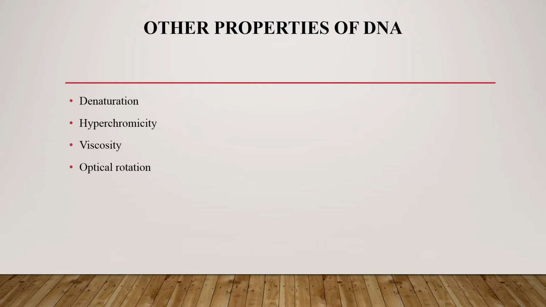Next property is the optical rotation. Optical rotation of DNA is relatively constant up to the 75 degree Celsius temperature, and then decreases smoothly to essentially zero rotation at about 100 degree Celsius temperature. It indicates the completion of the helix to coil transition. Means if we increase the temperature from 75 to 100 degree Celsius, then the double helical structure of DNA is converted into the coil. Then the optical rotation decreases with the change in the state. It indicates that the DNA optical rotation changes with the state at high temperature and twisting.